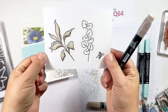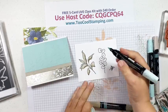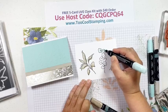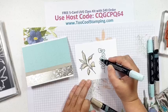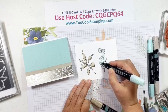So there is the one. Then I'm going to do the other one in Pool Party. So I'm going to start again with a light color. Another tip. I've noticed that sometimes when I do this stamping and then immediately go into the Stampin' Blends and